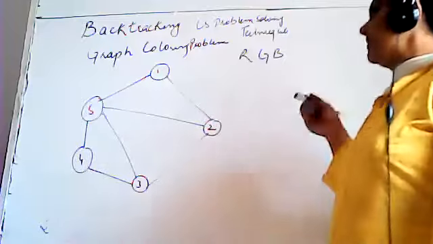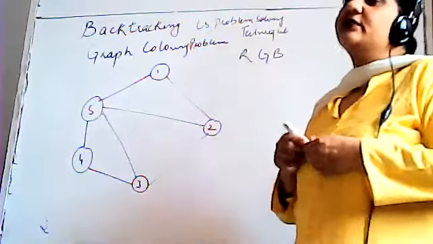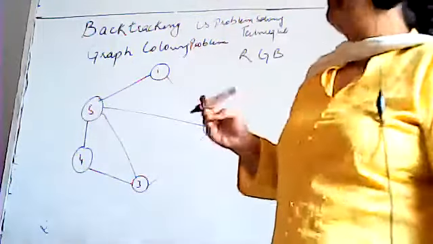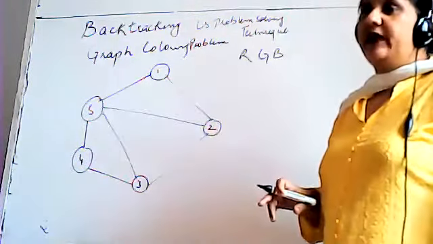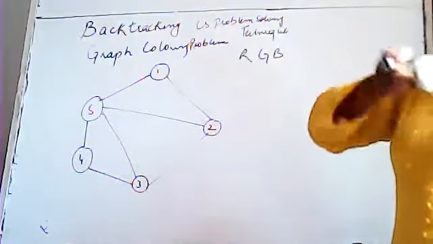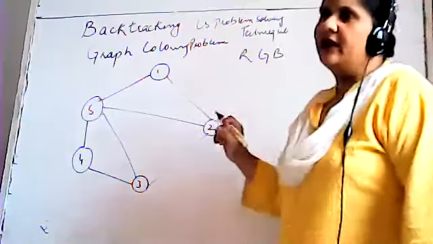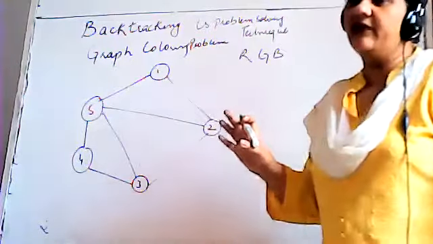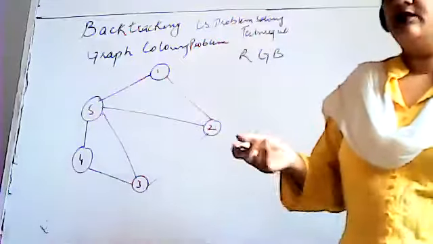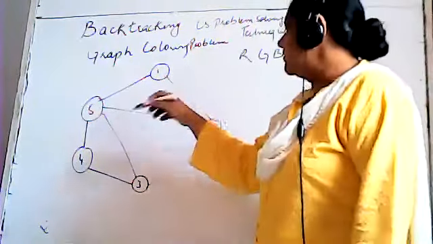So they went to computer science people. They were told, you find the solution to our problem. Then they found the solution of what are the minimum number of colors which can be used to paint this graph. So they found the formula to find the minimum number of colors required to paint this graph. See, this is again an undirected graph, and you can assume 1, 5, 2, 4, 3 as regions, as we have been taking these as vertices. Fine. And these are your edges.